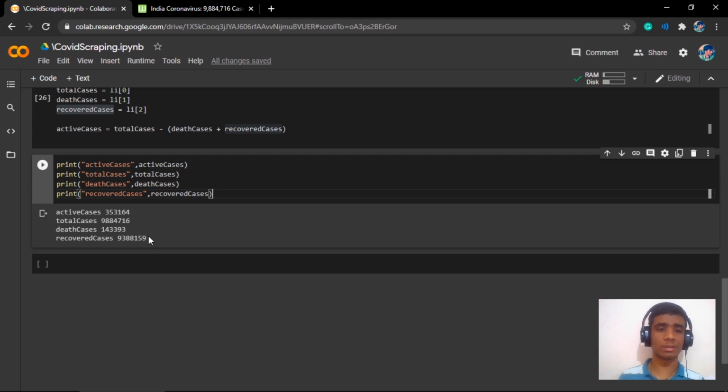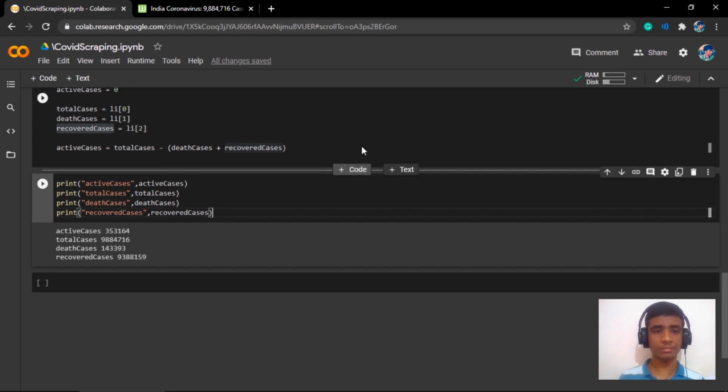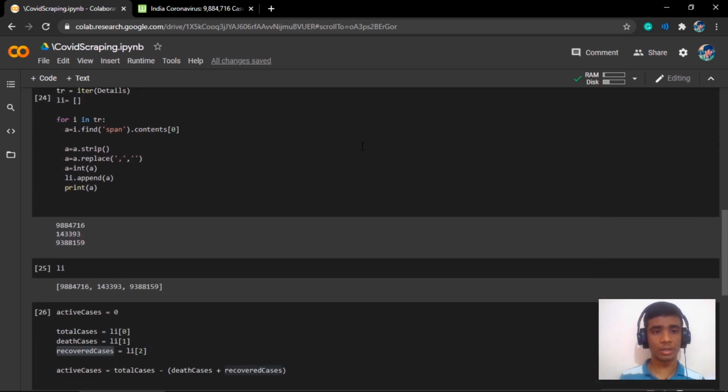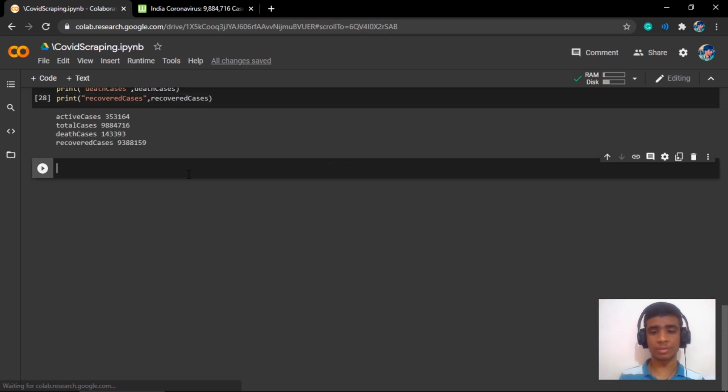So we can draw a graph, or simply generate a data set on our own. We can create a big database of these cases, a time series, that can later be used for purposes like machine learning, because data is priceless, right? So this is how web scraping is done.